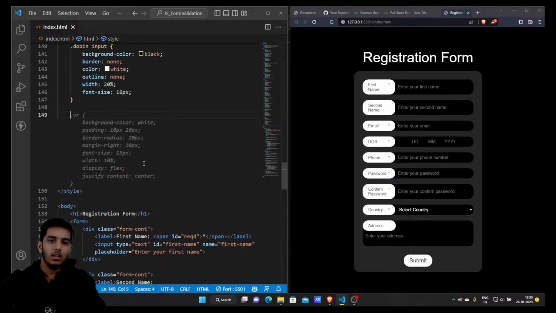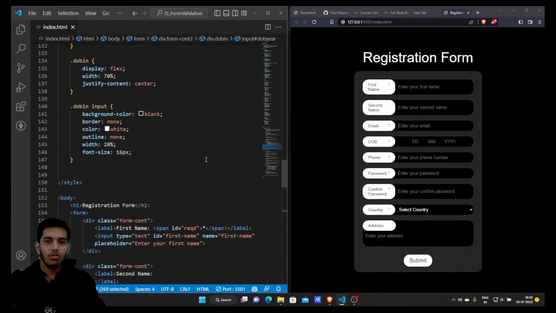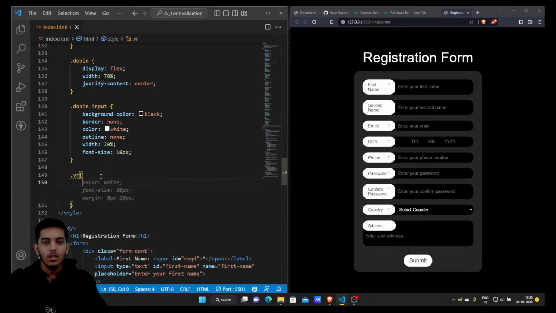You can see that we have a vertical line. Okay, so for the vertical line, I will again target the vr between them. I would say the color will be this, and yeah, you can see that they are pretty much color will be this. Font size is 20 pixel. You can see that we have some margin in left and right. But